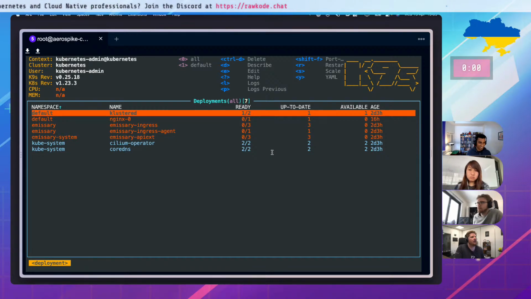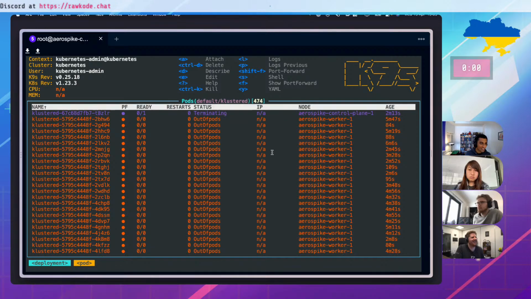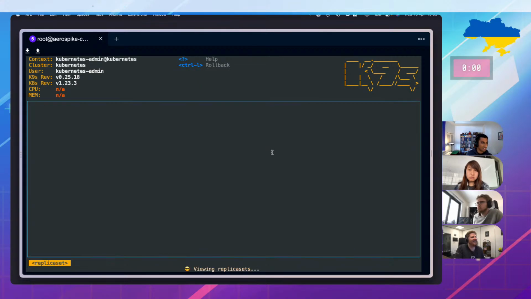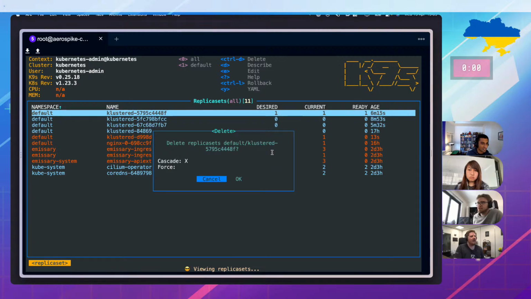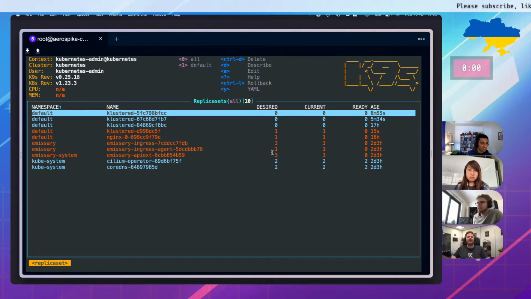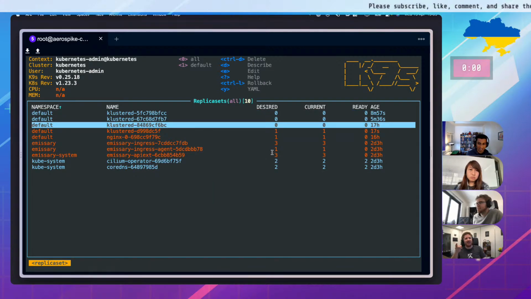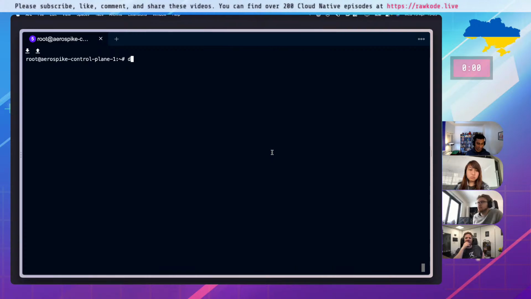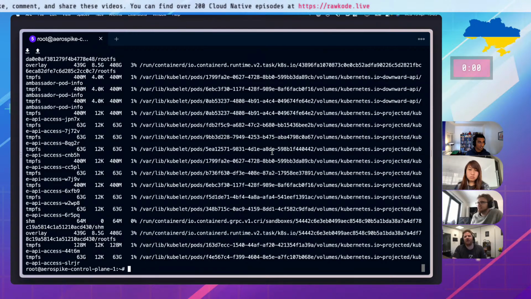I'm surprised that I can't seem to get rid of the replica set that's creating them, which is 579, right? Wait, it's still making them in K9s. We've seen this before actually. Drop out of K9s, and I bet if you delete it from the CLI, you'll get an error message. K9s doesn't propagate all the stuff.